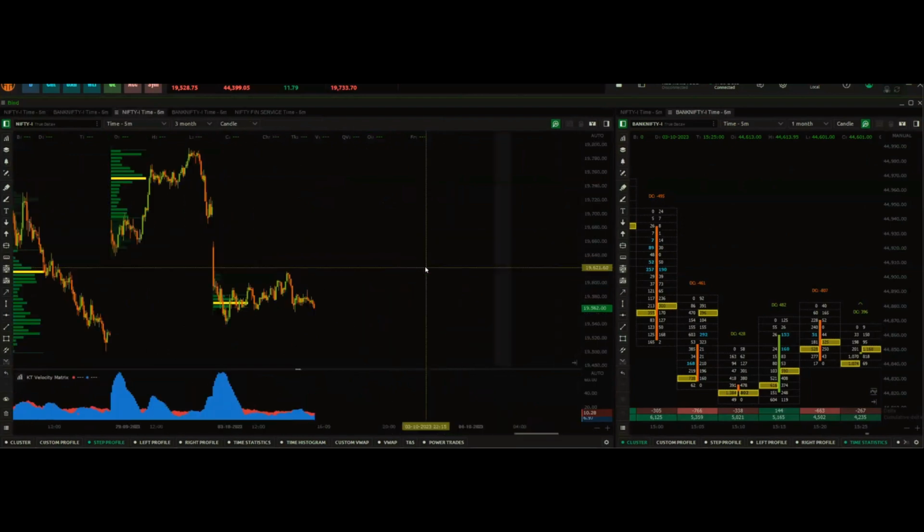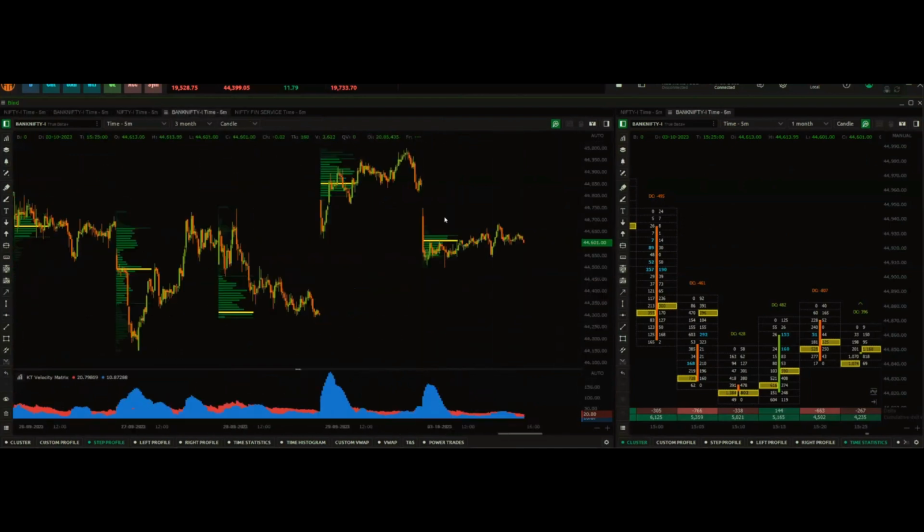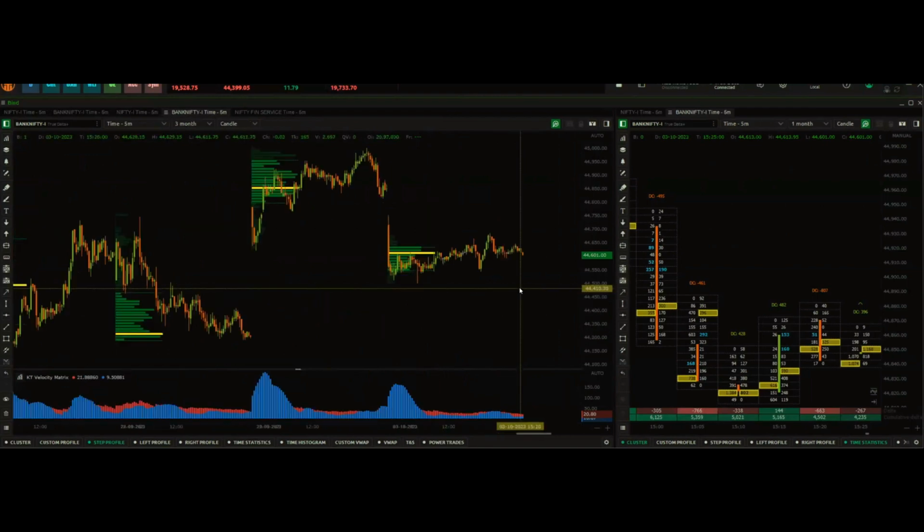Anyone else? Any other questions? No? All right, then we'll quickly have a look at the Bank Nifty's movement, what happened today, and what are the possible moves that it can give tomorrow from an expiry perspective.